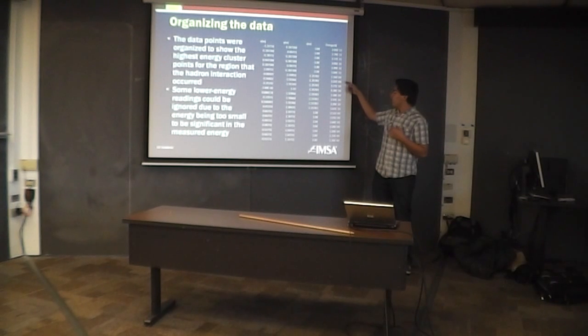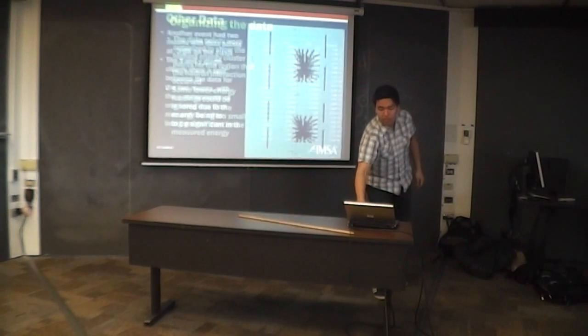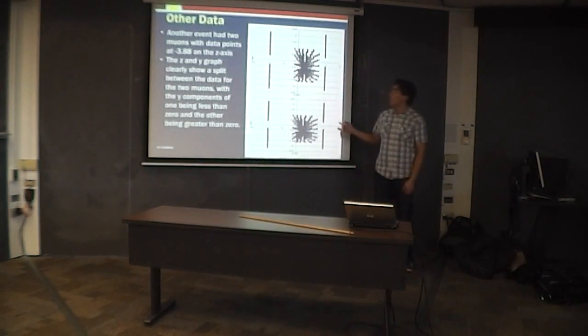So I had organized it by the highest energy events in those different regions, and the lower energy readings could often be ignored because they were such small energies that it wouldn't affect the final measured energy in the end. And for events that had muons, they were often more difficult to determine which energy clusters corresponded with which particles, because they were often at lower energy, so it was difficult to determine the first higher energy